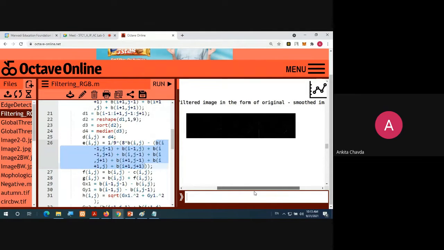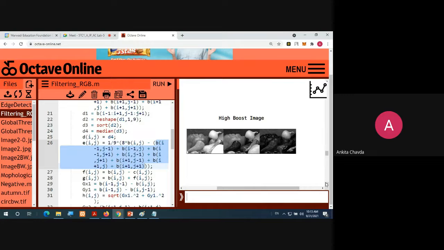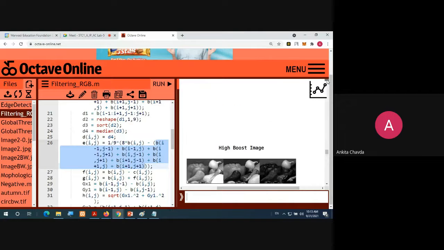Then this one is the high pass filter image in the form of original smoothing, right? So this is just the mask we are getting, and that mask you are adding into the original image, so you will have the high boost image. Your image previously was blurred.